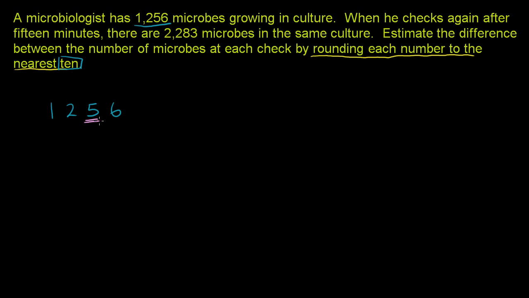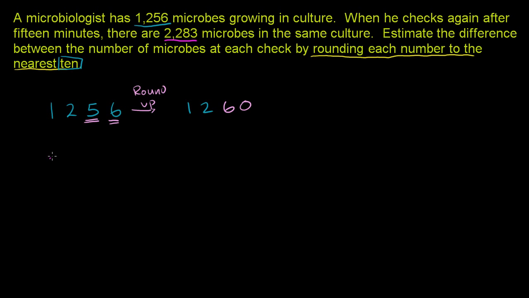And the rule for rounding is you look at the place one below that. You go to the ones place in this case. And you see if that is 5 or greater. And it is. It's 6, which is definitely 5 or greater. So we want to round up. And we're rounding up to the nearest 10. So this will go from 56 to 60. So it'll be 1,260. We've rounded up. Now, when we wait 15 minutes, we check and we see that there are